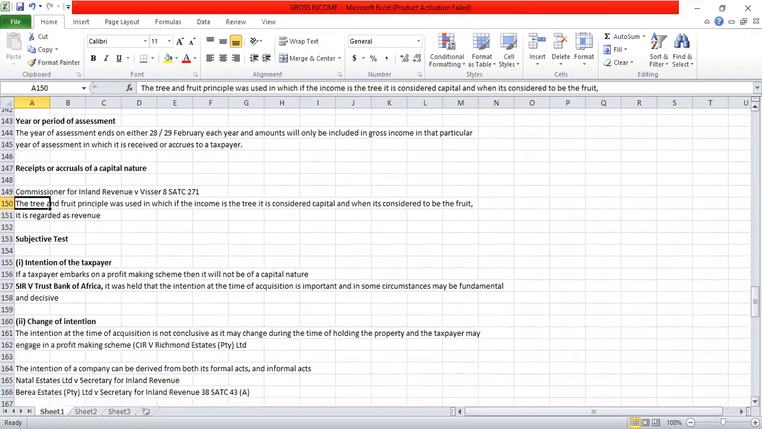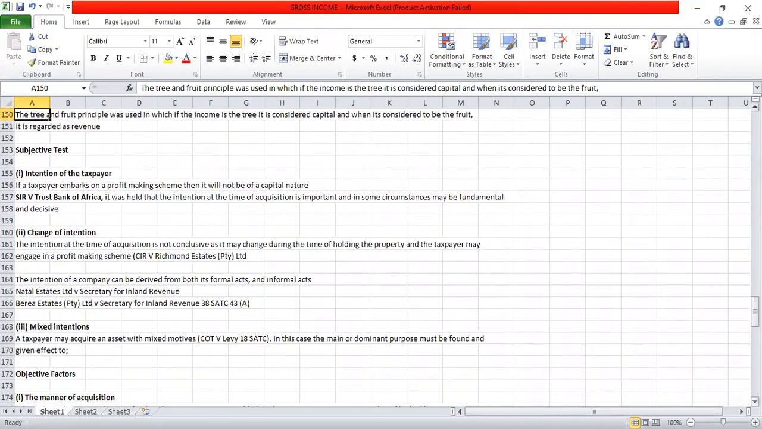case. Right. We have got what we call the subjective test and what we call the objective factors. Subjective tests, we're saying they are subject to interpretation. Not all of us can arrive at the same conclusion. So it will be SARS and maybe the courts who will have to decide whether an amount is of a capital nature or not. When we are carrying out a subjective test to see if an amount is of a capital nature or not, we look at the intention of the taxpayer. What was your intention